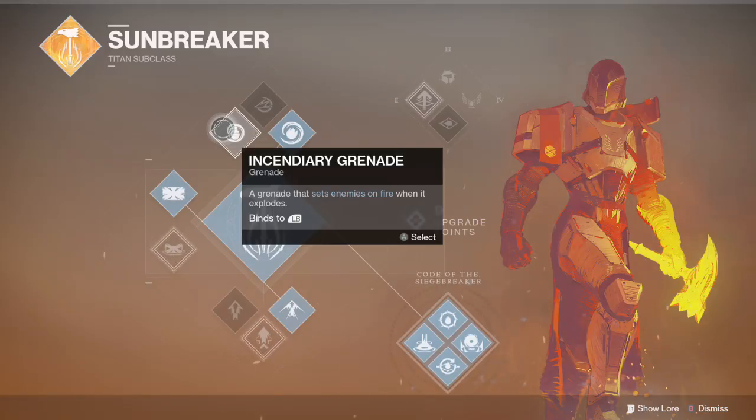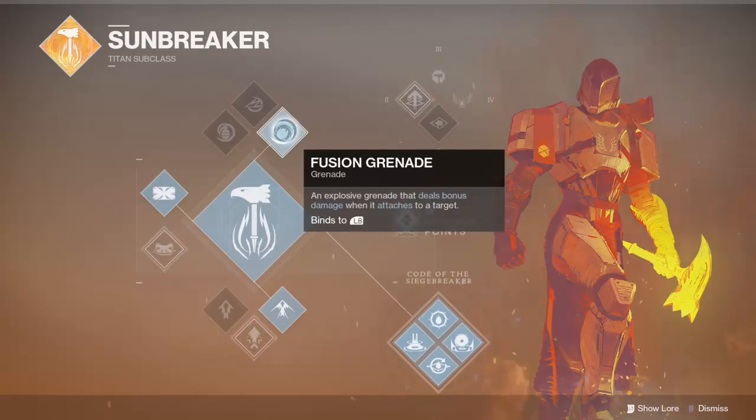Other than that, if you're completely oblivious to how to use the grenades and use them at the right moment, then the Incendiary Grenade is not really good. The all-around grenade that's really good for just straight up PvP in general has to be the Fusion Grenade, because if you're in a gun battle and you're about to lose a gun battle or they're low health and they're running,